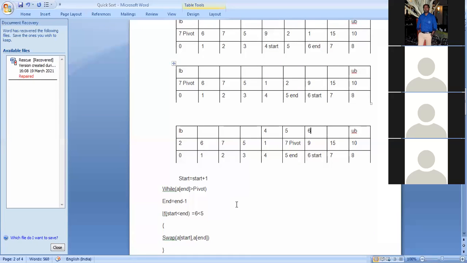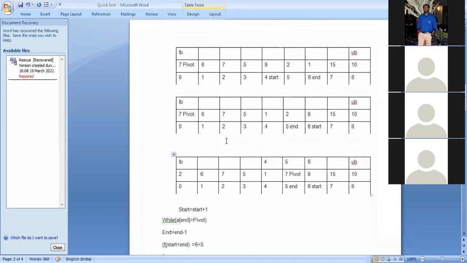So recursively sort, that means again recursively we will call this function: quick sort lower bound location -1, quick sort location +1 upper bound. So 2 recursively we call 2 functions. So left is smaller sub array and pivot element is in the right. So recursively sort right smaller sub array. So first of all, you tell me if you have any doubt, please ask. After that, I will explain through the coding.